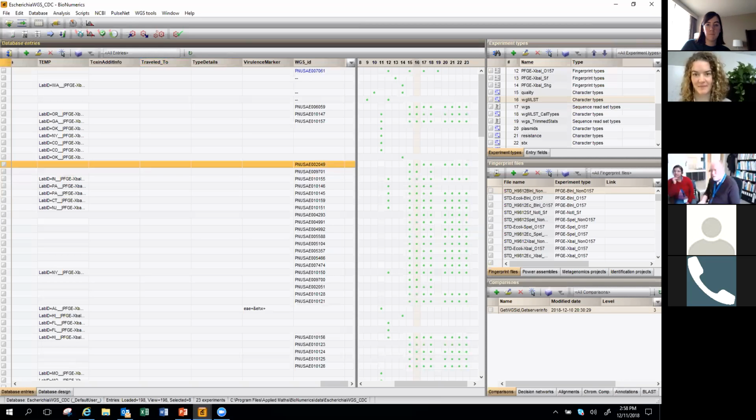I think we were also thinking about Salmonella, specifically, since the examples are for Listeria and E. coli, where the number of isolates is a lot smaller. So when you think about thousands of